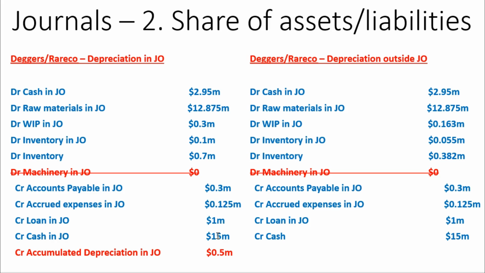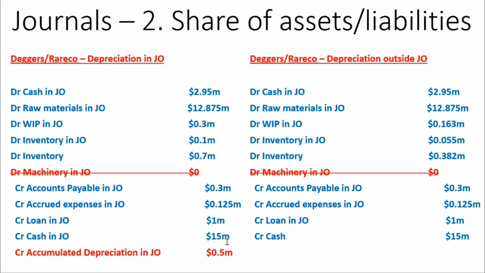Now, the reason I'm doing this is simply to make it nice and easy. You can see I've got the credit of cash in joint operations down here of $15 million and a debit of cash in joint operations here of $2.95 million. If you take $15 million and take 2.95 million away from that, that amount is $12.05 million. So effectively, the debit and the credit will offset to have a $12.05 million reduction in our share of cash